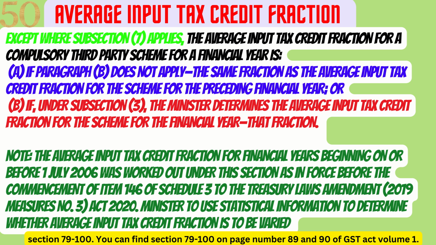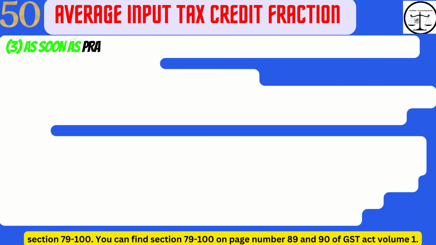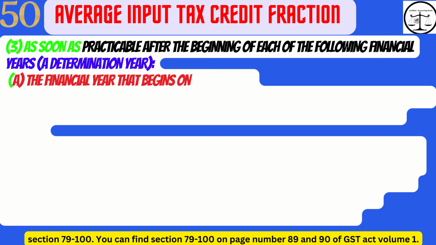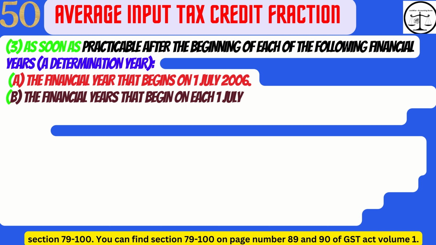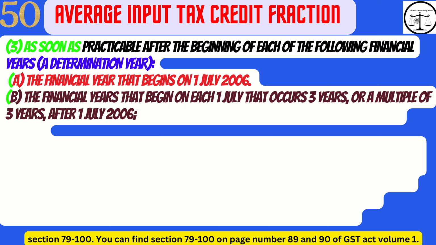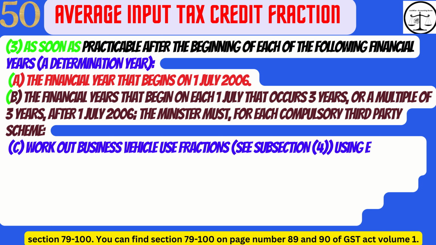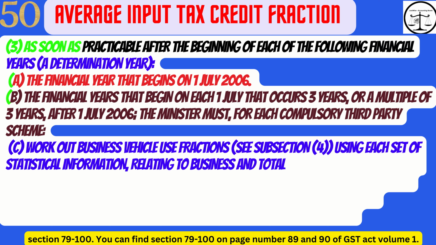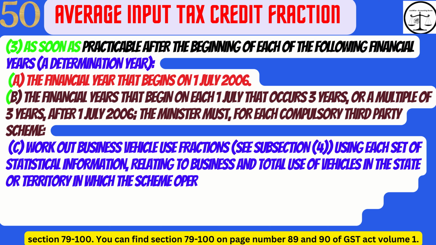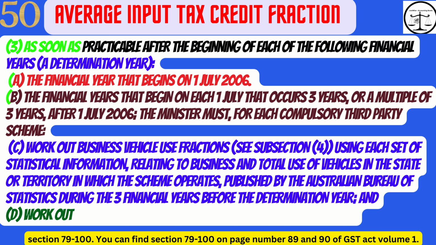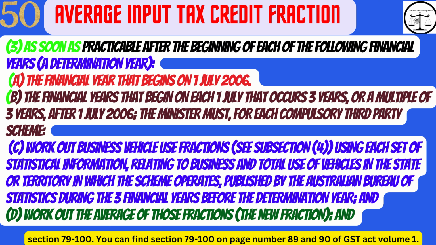Minister to use statistical information to determine whether average input tax credit fraction is to be varied. 3. As soon as practicable after the beginning of each of the following financial years, a determination year. A. The financial year that begins on July 1, 2006. B. The financial years that begin on each July 1 that occurs 3 years, or a multiple of 3 years, after July 1, 2006. The minister must, for each compulsory third-party scheme,